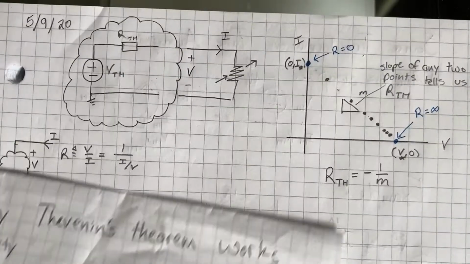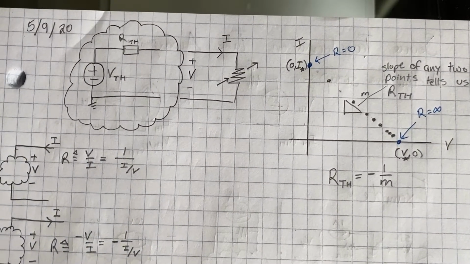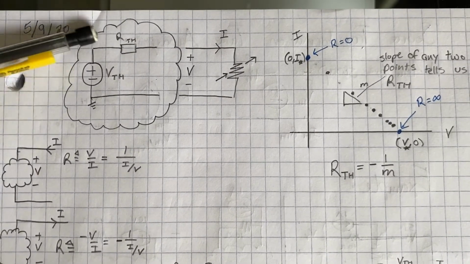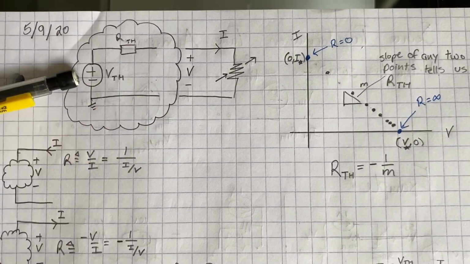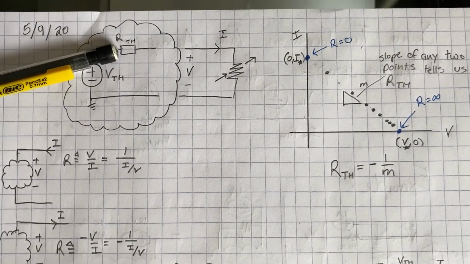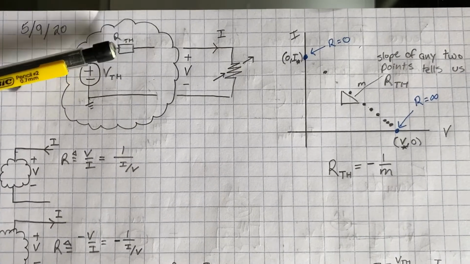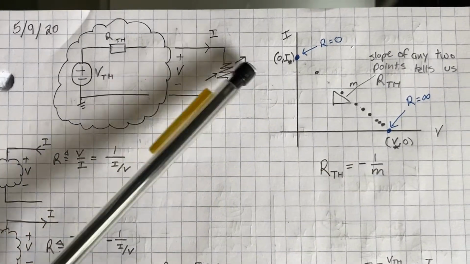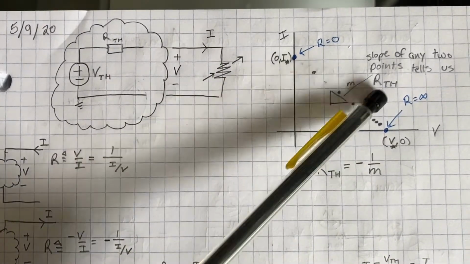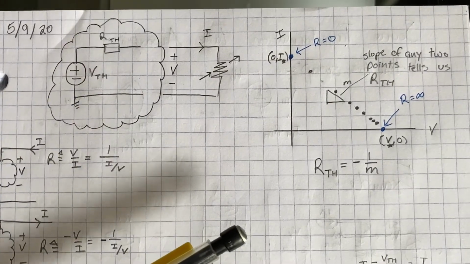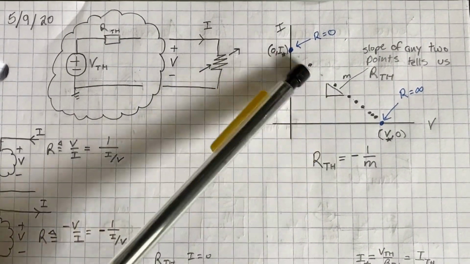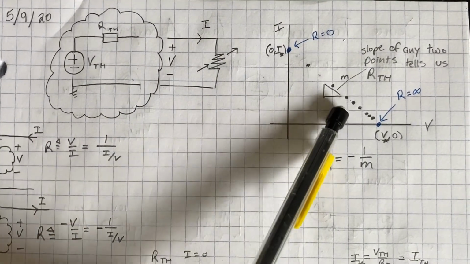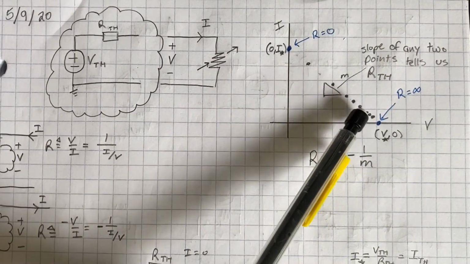So if you were watching the previous video, when I found the output impedance of my signal generator, you remember that I set up a circuit like this, and I just kind of said we could treat it as a Thevenin voltage with a Thevenin resistance, which is the output resistance we're solving for. And as we changed our load resistance, we're able to plot points on this IV curve, and then we would find the slope and know that's the output resistance. So check out the last video if you want to see how these plots were made. There's a Desmos setup I have with all the equations and stuff, and we said that as resistance increases to infinity, you get closer and closer to this